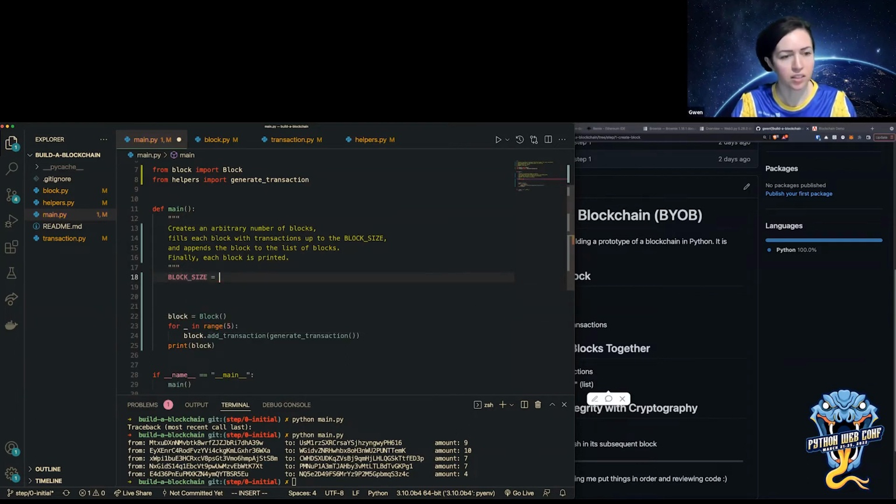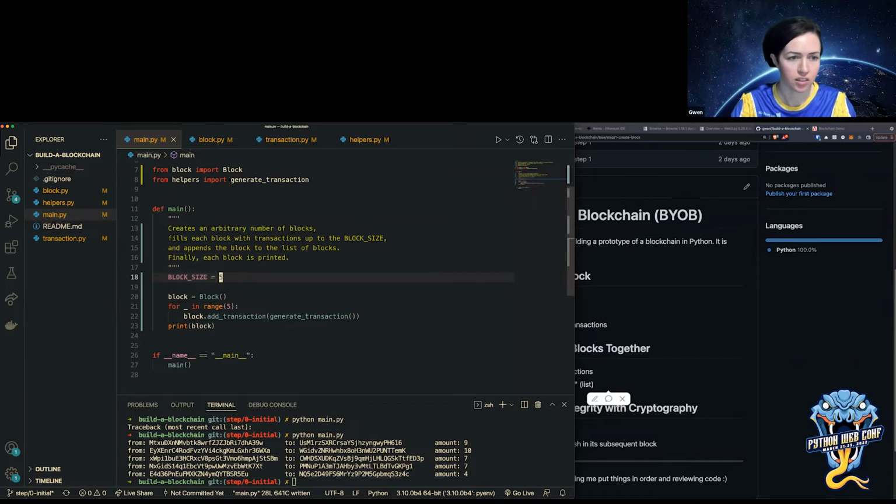So the block size is sometimes a matter of contention on blockchains, but it's a set size of how much can fill up the blockchain. In my case, I'm just going to count transactions and say that each block can only have 5 transactions in it. So let me add a comment.